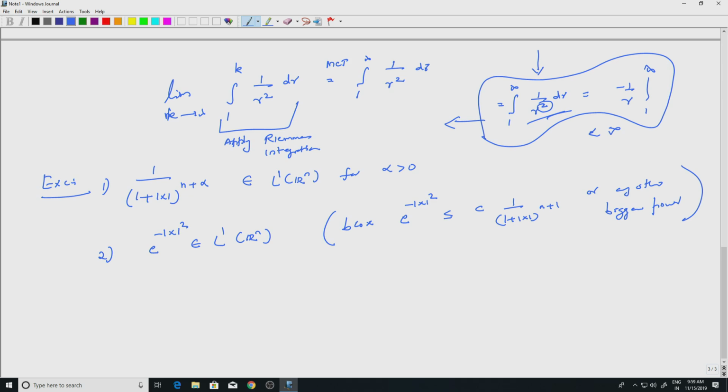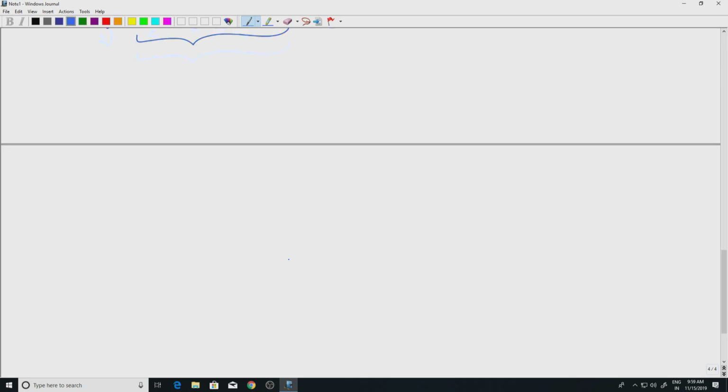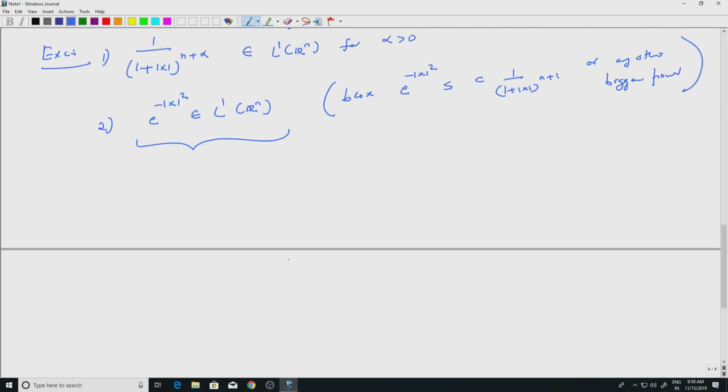Well, this allows us to compute something. So let me try to explain that. I'll leave the computation to you. So this is a positive function, right? It's a positive function and it's in L1. So integral over R n of e to the minus mod x square dm of x. Well, this I can write as integral over R n of e to the minus mod x square, which is e to the minus x1 square times e to the minus x2 square times etc. times e to the minus xn square, right? Because mod x square is the sum of xj square.